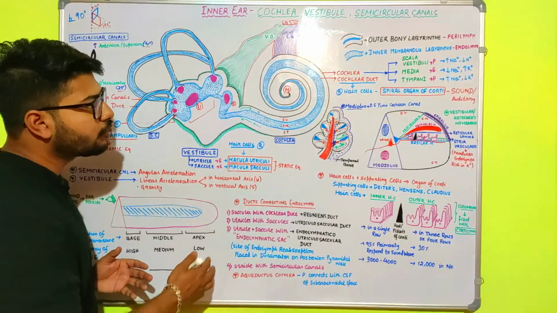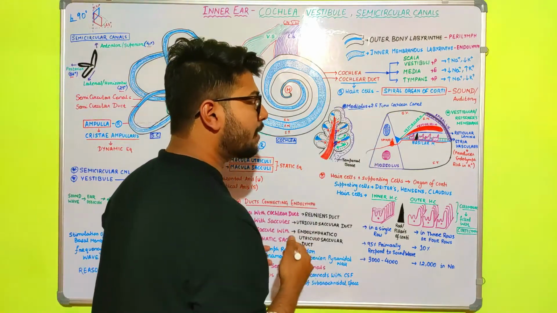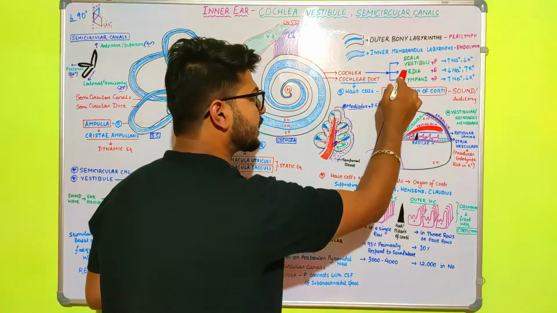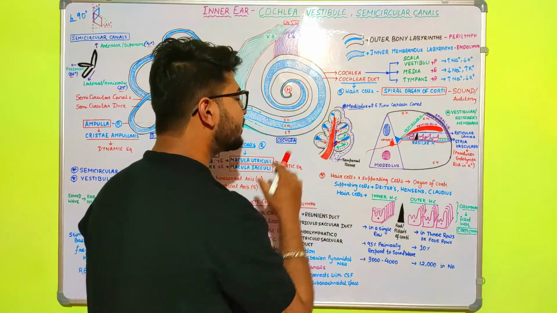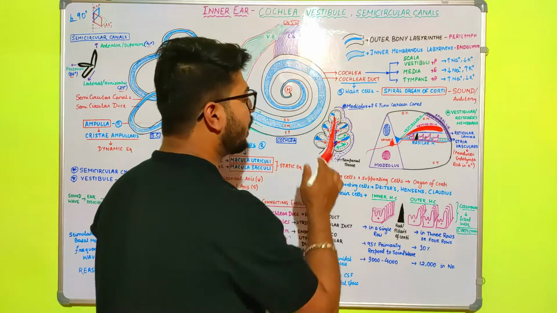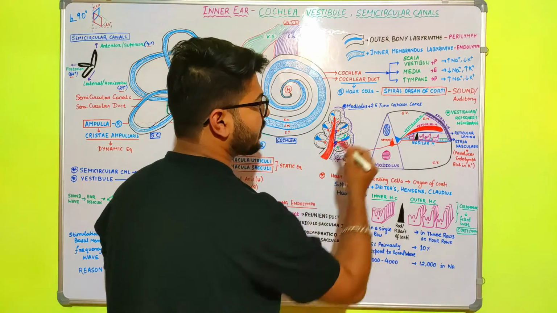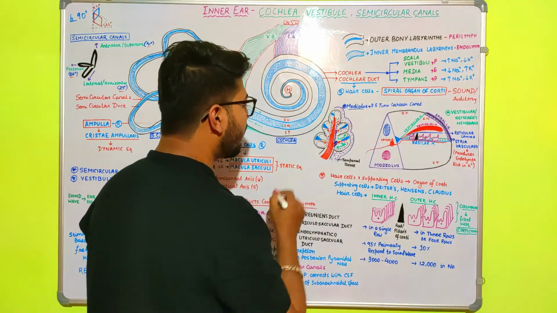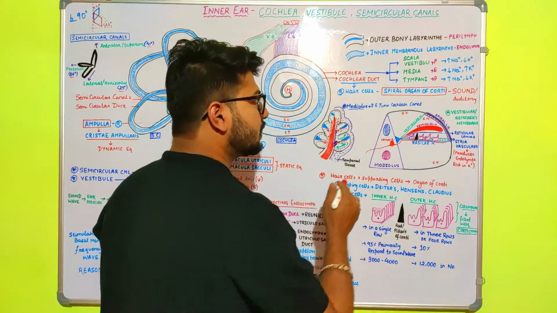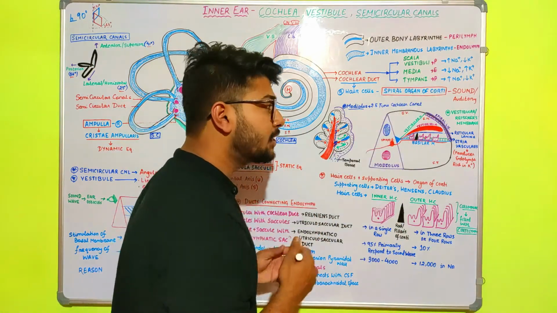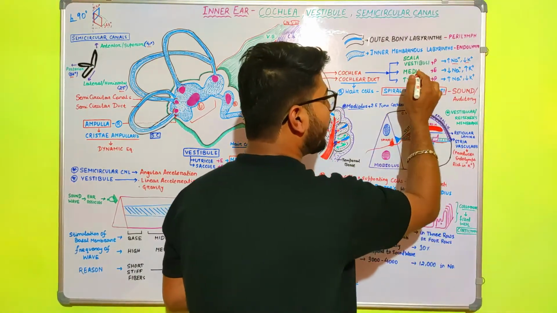Okay, next we are going to conclude the cochlea. The cochlea has three parts: the scala vestibuli, scala media, and scala tympani. These three chambers are fluid-filled tubes. The scala vestibuli is filled with perilymph, the scala media is filled with endolymph, and the scala tympani is filled with perilymph. This perilymph is rich in sodium and has less potassium, whereas